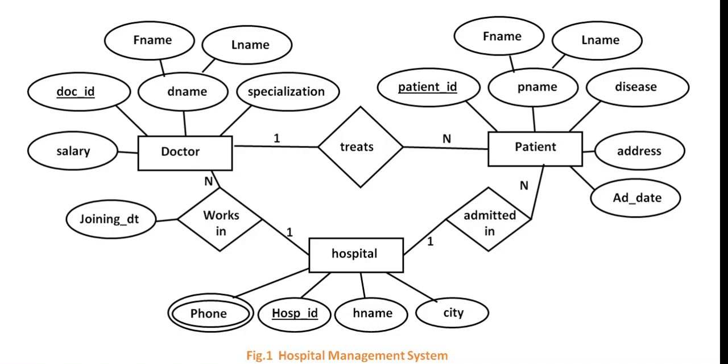Okay, now after identifying entities, you think about the attributes for each of the entities. When we say doctor entity is there, then that doctor entity will have doctor ID, name, specialization, and salary. These are the common attributes. So attach those attributes to the doctor entity. When we say hospital entity, then that hospital will have some registration number, that is hospital ID. That hospital is having some name, hospital is located in a city, hospital is having a contact number. So all these may be common attributes for any hospital. So write down, attach those attributes to the hospital entity.